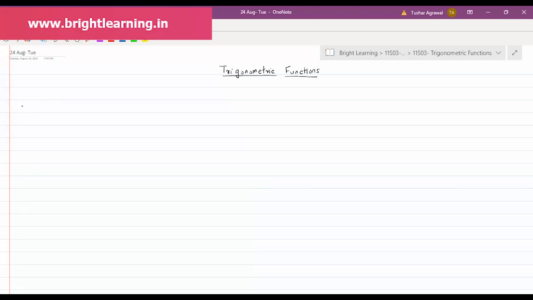In this session, identities of multiple angles. Multiple angles means some relation between trigonometric ratios of theta and trigonometric ratios of 2 times theta, 3 times theta, and so on. Those identities we have also seen. So question number 1: